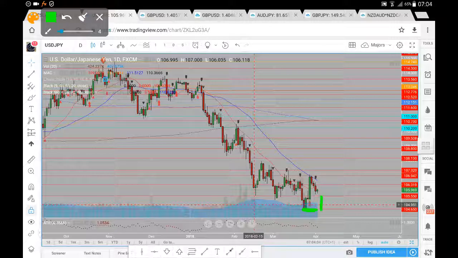We'll pretty much have to retrace all the way back down towards that 104.65 to suggest there hasn't been a turnaround in this trend. But we've not seen the momentum follow through at present. So in light of the most recent trend, we do have to be aware of the bearish overhang which sits above this market from the US dollar